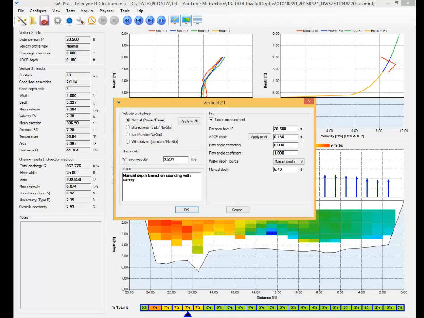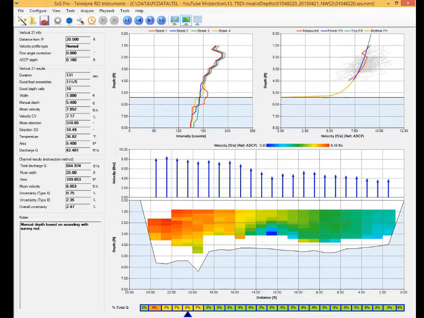If channel conditions are consistent, you could also use the depth of an adjacent vertical. Once the manual depth is entered, you will notice that the number of good-bad ensembles will likely change. If the newly valid data seems reasonable based on a graphical review, it's likely reasonable to proceed with using the